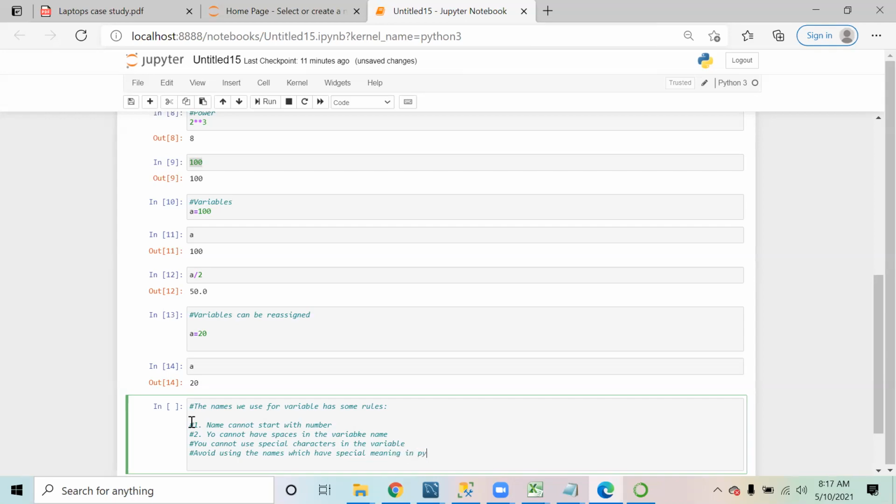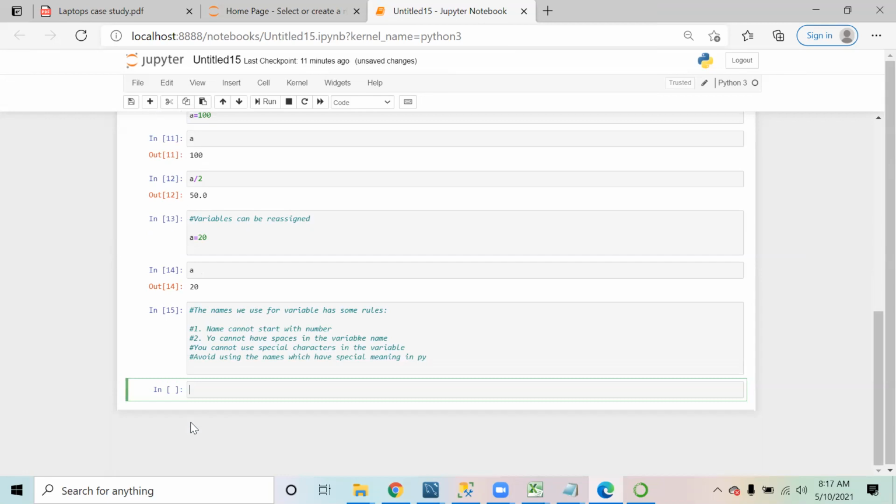We will be learning a lot of stuff like list, tuple, and all. These words have special meaning in Python. They are like reserved words. So we should try to avoid using such names when defining a variable. And always try to keep the variable name as something which defines what type of data you have saved in it.